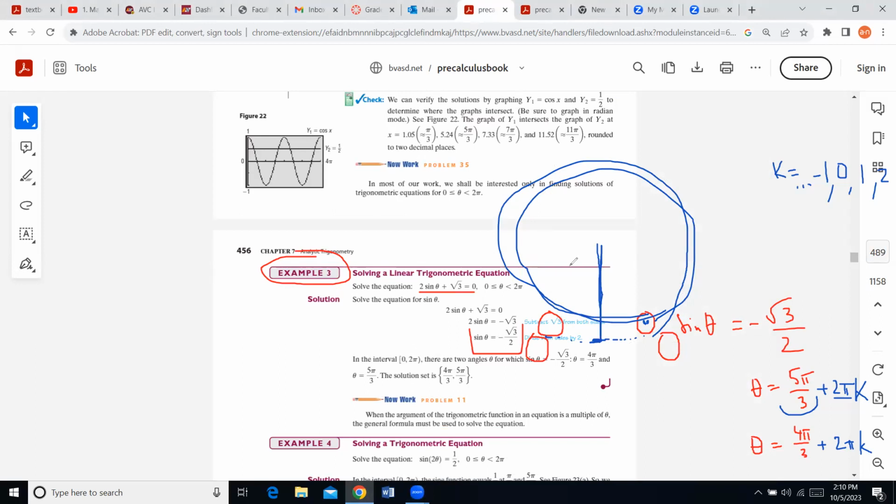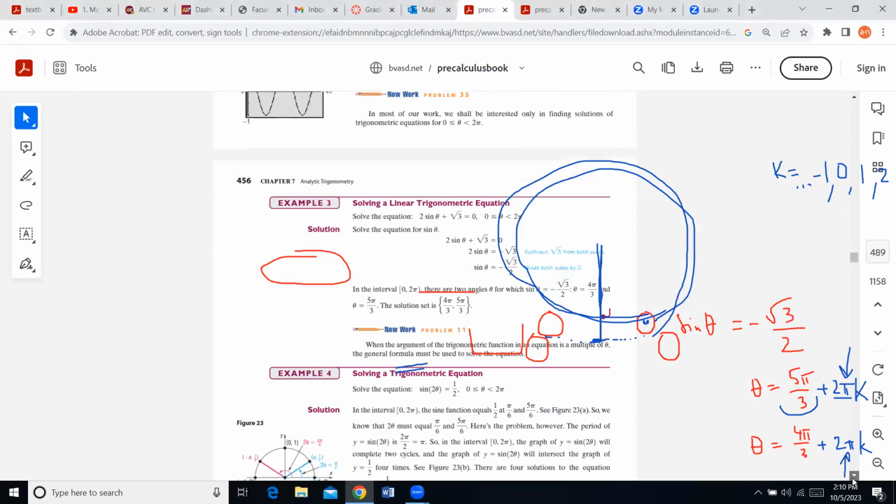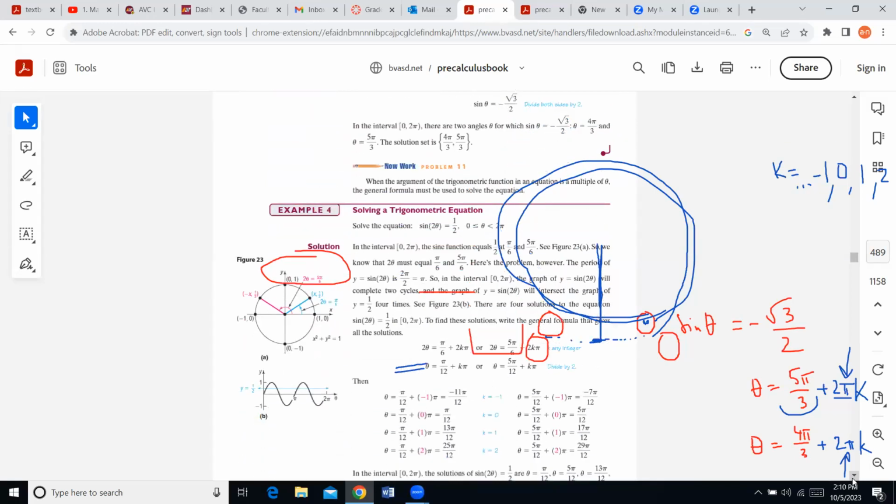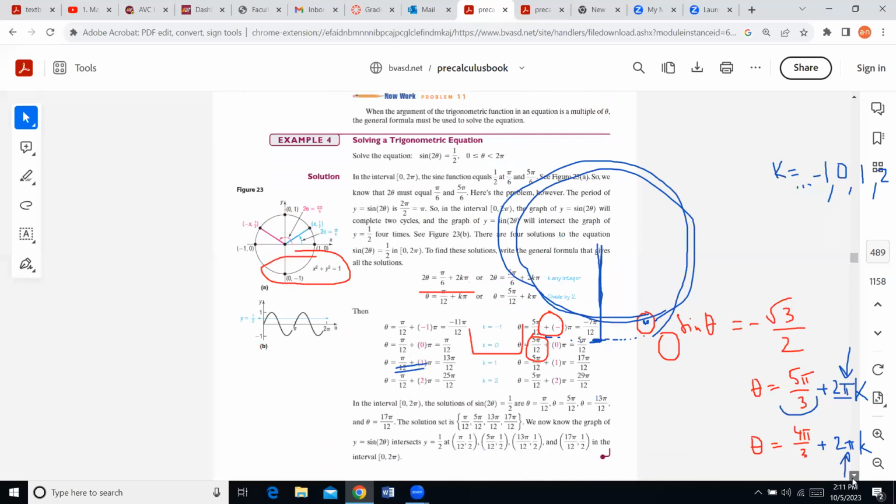In this exercise, they actually say use only solutions on the interval from 0 to 2 pi. So they don't ask for those. But those are very important, and you will be able to see it in later exercises. Why? Later, exercise number 4 is actually the one that I want to consider after this.